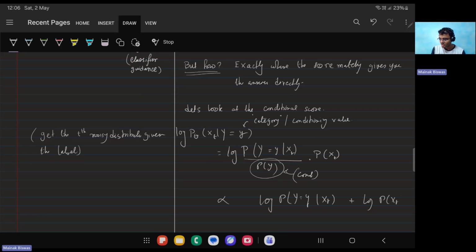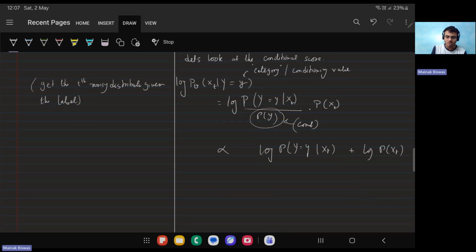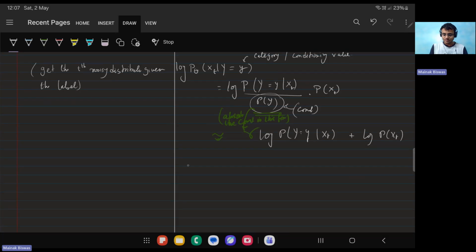So now if you see this, to bring in this constant, some scaling term, I'll use this as a hyperparameter. I'll be telling that this is a hyperparameter term, and we shall be multiplying. So depending on whatever value generates the distribution well, I will absorb the constant in this form. So this will give me a hyperparameter. So this I'll say is log of, and if I take gradient on both sides over xt, p theta of xt given y,